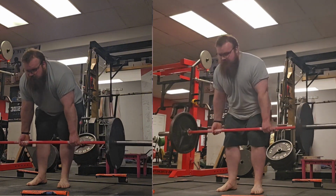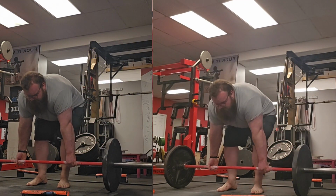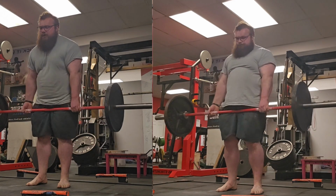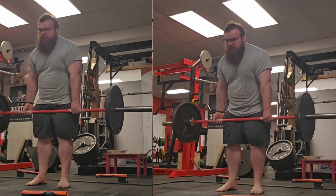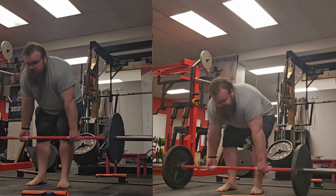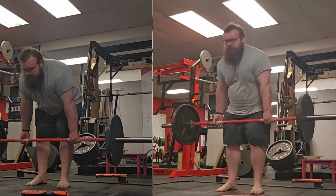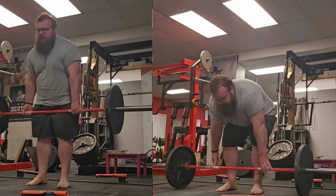When you're deadlifting with bad form, you've got a lot of curvature in your back. The hip shoots up a lot more than the bar does, and you end up being hunched over. And that's where the curvature gets in your spine, is you get so hunched over that the bar hasn't moved yet, and you're trying to overcompensate with other muscle groups other than the muscles that should be acting and firing